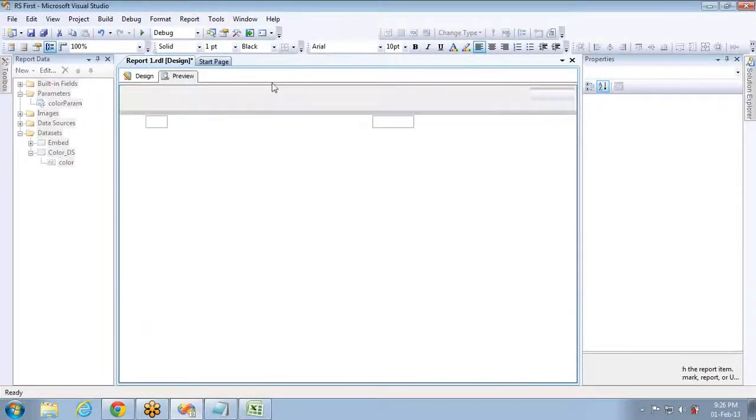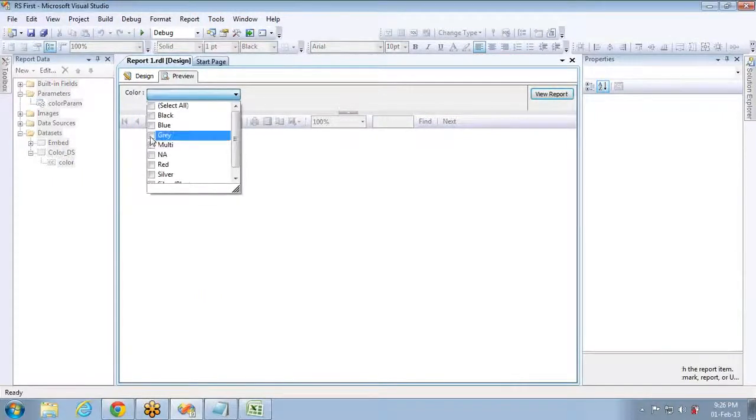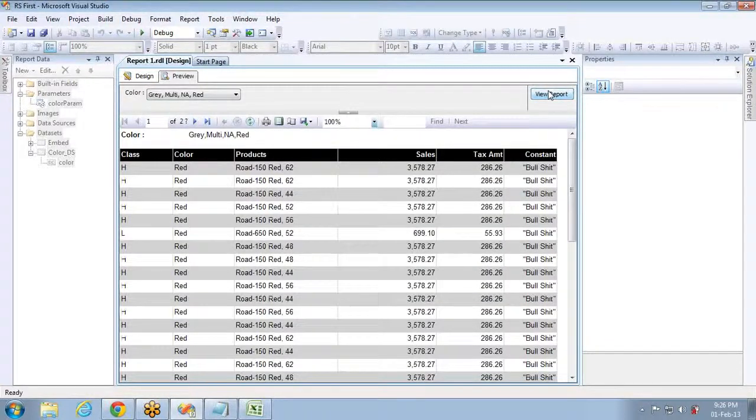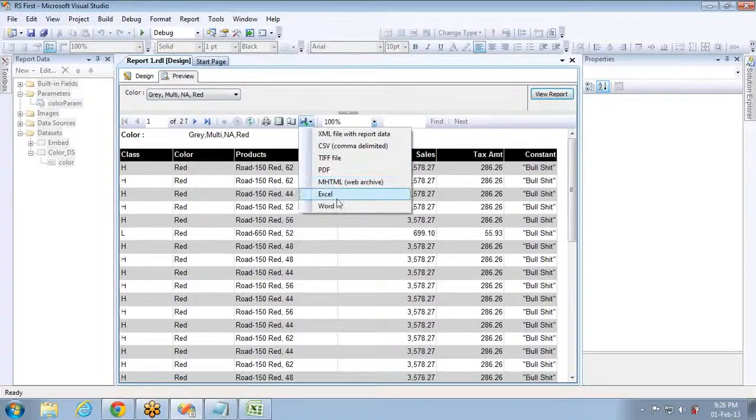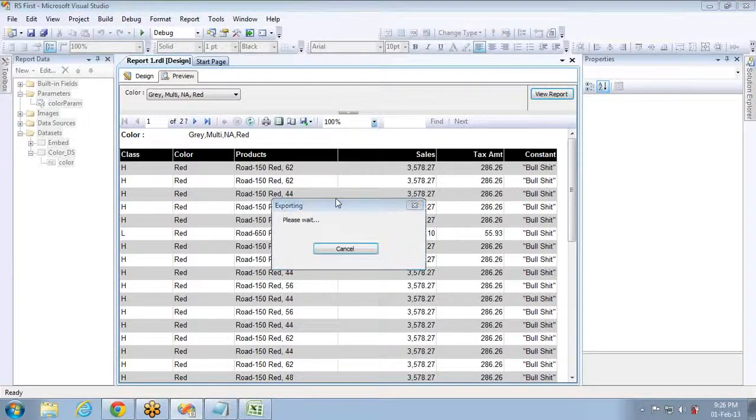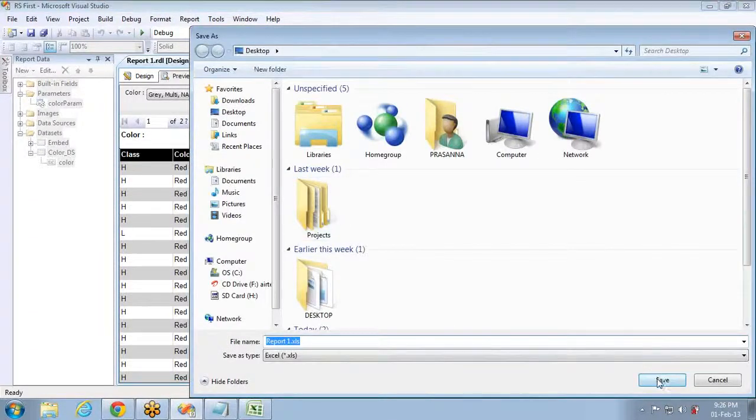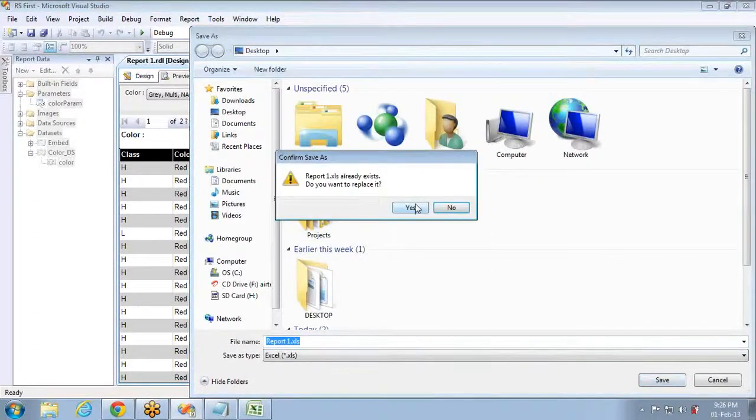And if I go to preview, and if I select gray, multi, NA and red color, you can see these 4 are selected and the report is filtered based on these colors. If I export this report now to the desktop, there is already a report with this name.